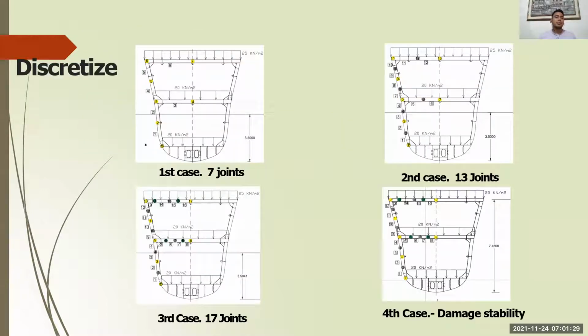For discretize, I worked with 4 cases that you can see in the figure. The bottom was considered as a solid floor. In the first case, I worked with 7 joints and a draft of 3.4 meters. In the second case, I have 13 joints and the same draft. And the third case, I worked with 70 joints, the same draft. And the last case is